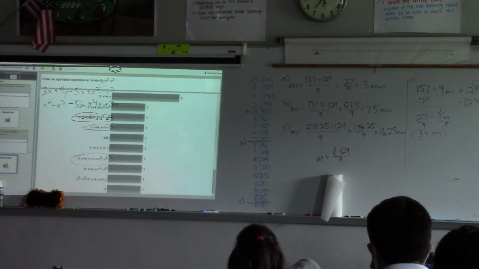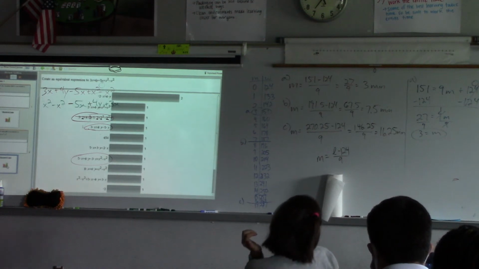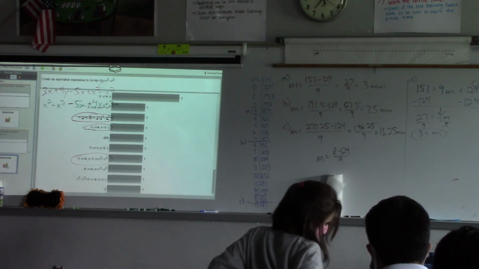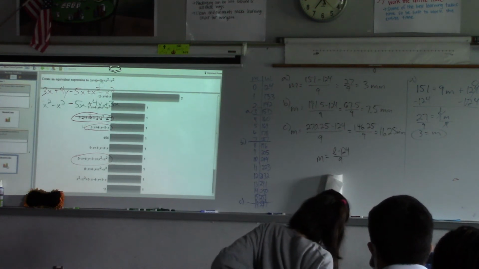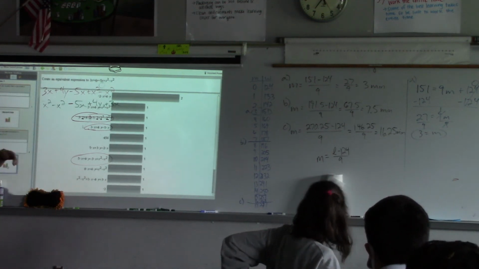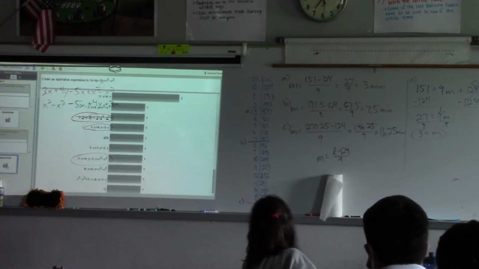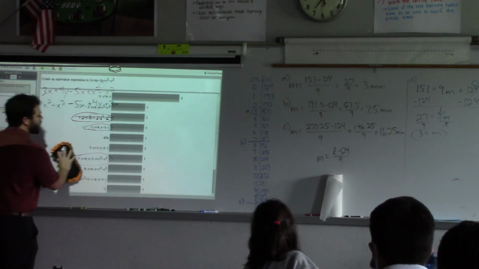So what properties are we using there to create an equivalent expression? That commutative property, right? Notice lots of commutative is going on, but we have to pay attention, be careful about the positives and negatives. Does that make sense? We good? Alright, last one I want to look at, this very top one that 2 different people got.